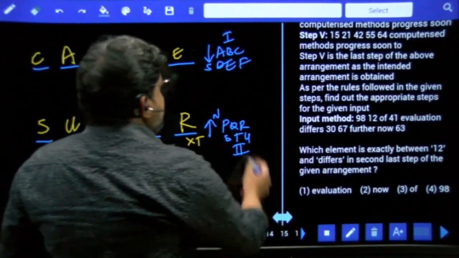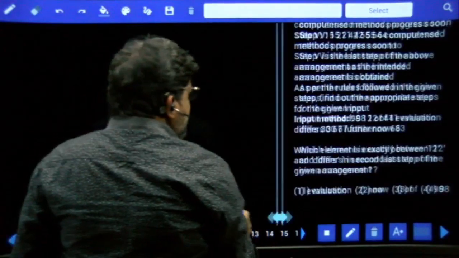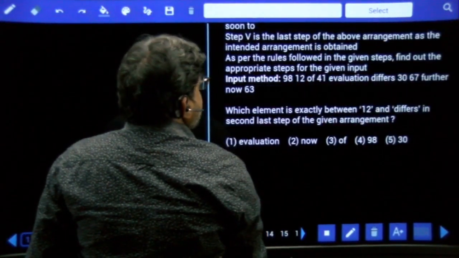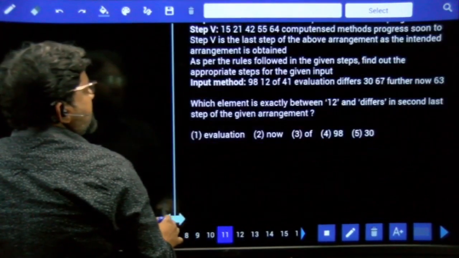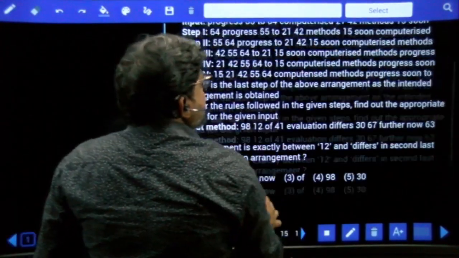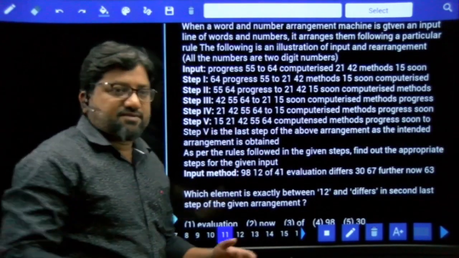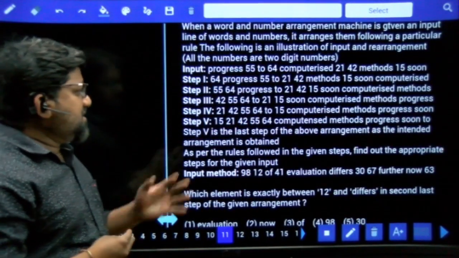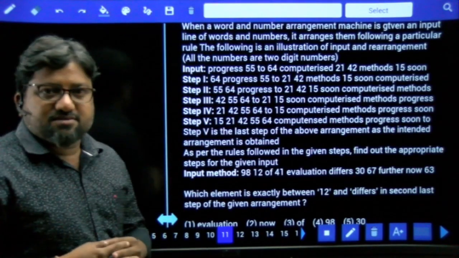11th question. Yes, this is a different question, and this is a question which is based on input output, and I think this is a very easy question. Many of you would have done this easily. Okay. Yes, let's see this question, what's going on. As we try to solve the questions, input output will just explain the logic, and you're supposed to do the rest of the thing.